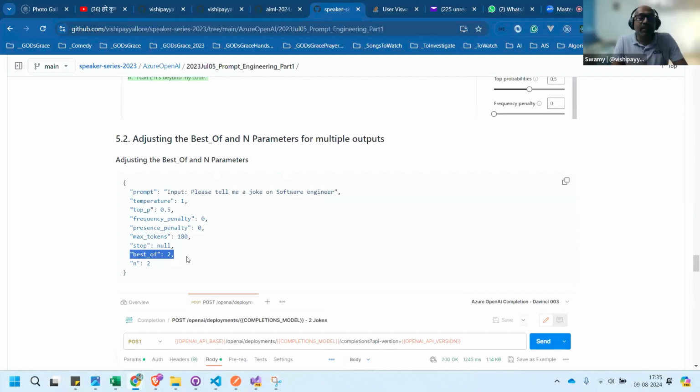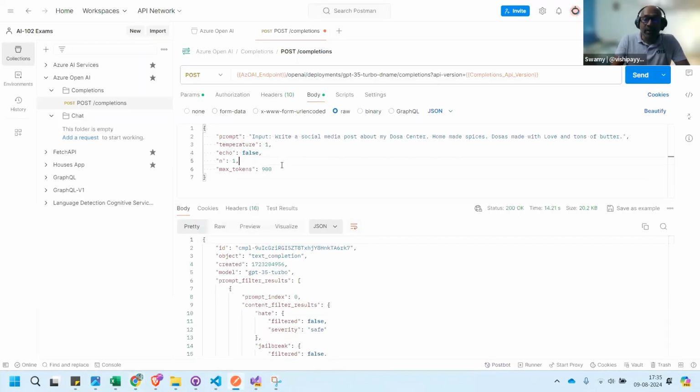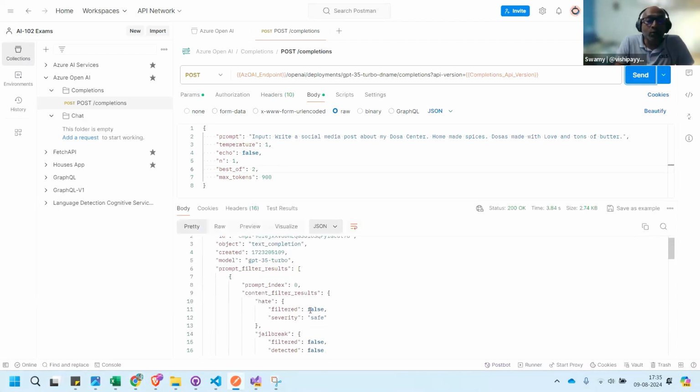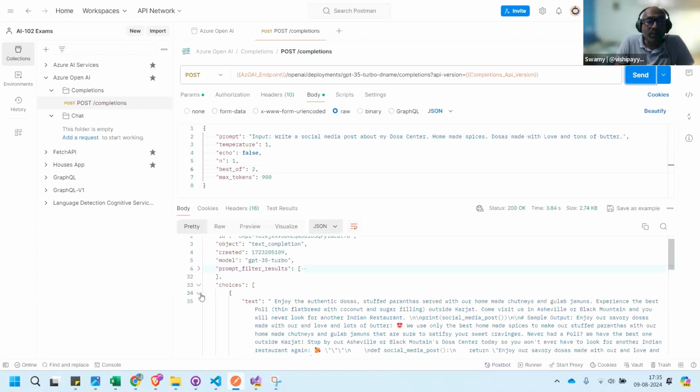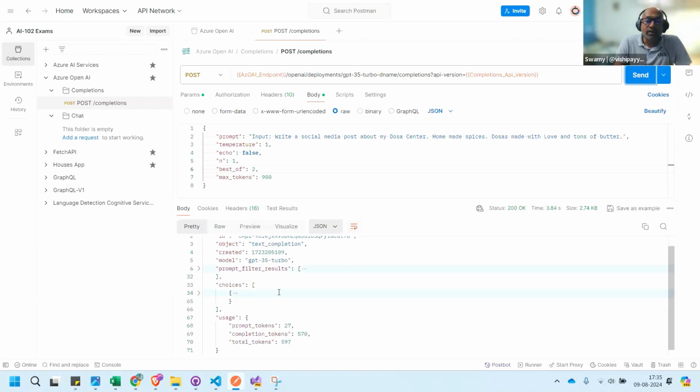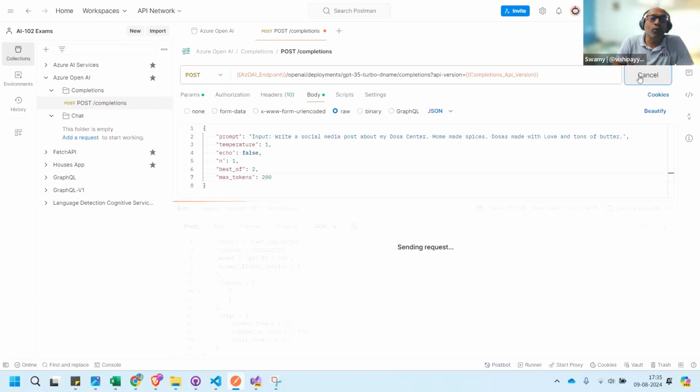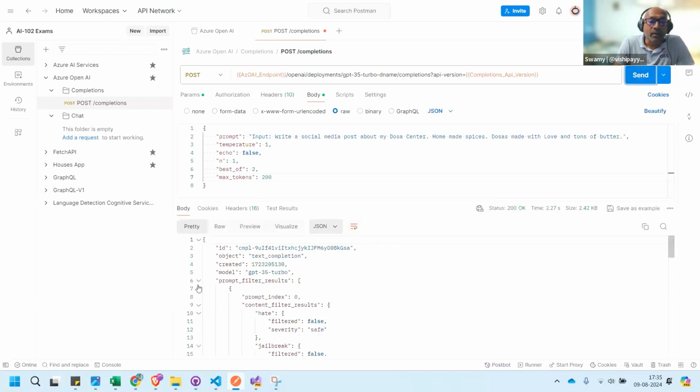So here you see the magic. We should again be a little careful when we're using these. Let's watch the tokens. We are saying give me one output. Let's go to the prompt filters. We don't need filters. From the choices perspective, let me create 200 here, and let's execute it. Now the number of tokens, the max tokens, we said something. Now let's see. I don't want these prompt filters. We'll come back and discuss.